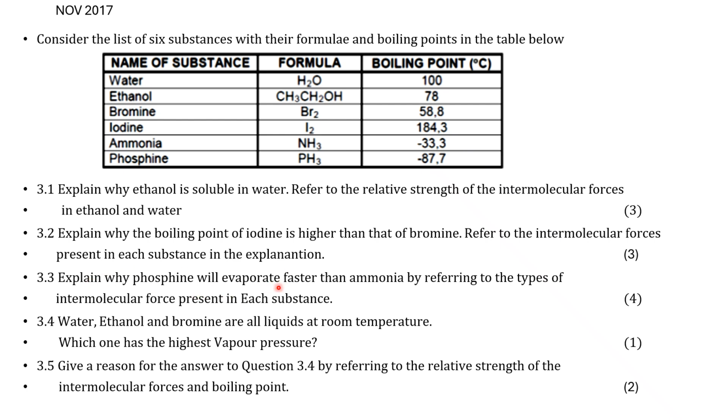Explain why phosphine will evaporate faster than ammonia. So phosphine there, PH3, evaporate faster than NH3. Again, with intermolecular forces present. Water, ethanol, and bromine are all liquids at room temperature. Which one has the highest vapor pressure? In 3.5, give a reason for your answer in question 3.4 by referring to the relative strength of intermolecular forces